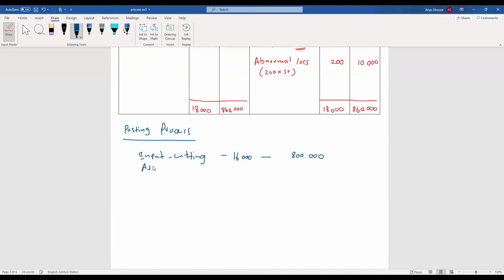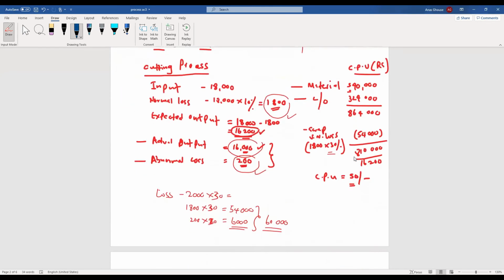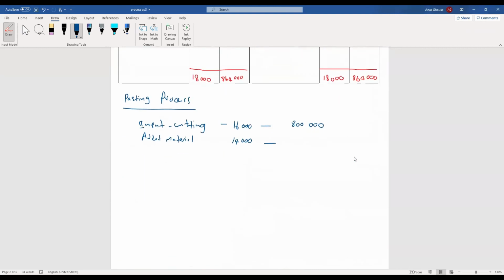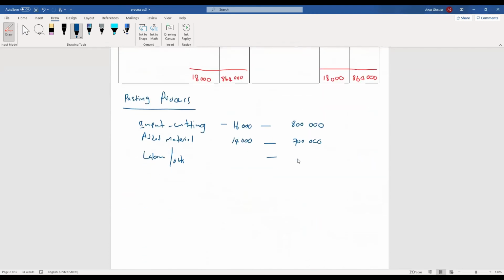Then added material 14,000, 700,000 is the cost. We'll take the cost as well. Then the labor and overheads, 1,350,000. So if you take the total cost